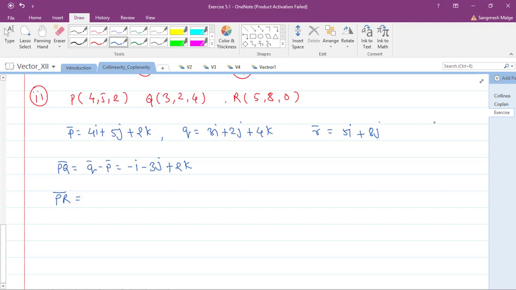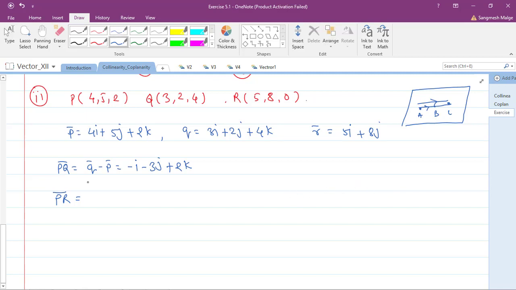Okay, so see the concept is what, suppose this is your plane and suppose you have these 3 points, so this is A, this is B and this is C. Okay, so what you are finding, you are finding AB bar and you are finding AC bar. Then it becomes very easy to show that these two vectors are scalar multiples of each other. In this particular case, these points will be collinear points. So यहाँ पे A रहेगा, यहाँ पे B रहेगा, यहाँ पे C रहेगा. So this is AB bar, and this whole thing is AC bar. So you will get the scalar multiple of each other.